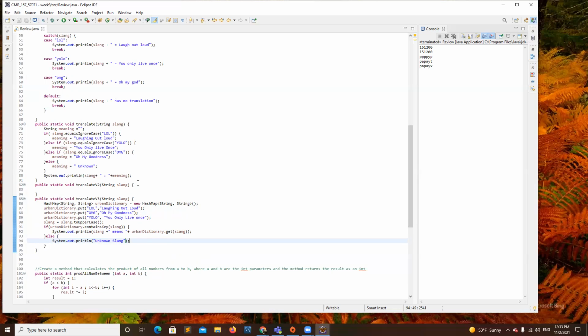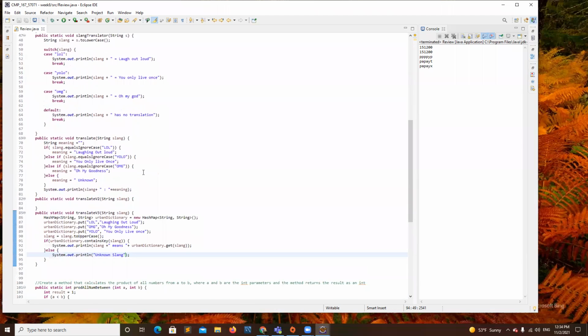You guys want to see the other version, or do you want to see me testing all of them? You want to see the other version, or you want to test it? The other version, okay. You guys can test it personally, so let me just work on the other version. The other version is having 2 arrays, okay?